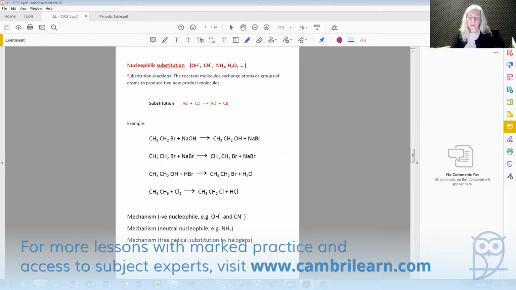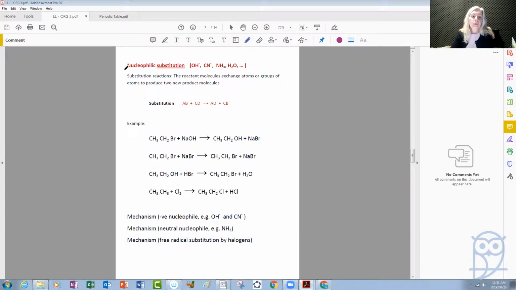So today we move on to see another type of reaction and understand its mechanism, that is the nucleophilic substitution. Because this type of reaction, the substitution reaction, is quite common in the alkanes. And to remind us what a substitution is, the reactant molecules exchange atoms or groups of atoms to produce two new product molecules. And in general terms, this is how